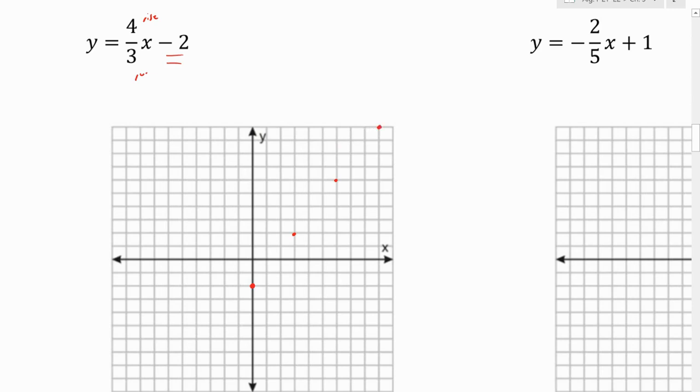So going up 4, right 3 is basically the same thing as going down 4, back 3. 1, 2, 3, 4, 1, 2, 3. And then